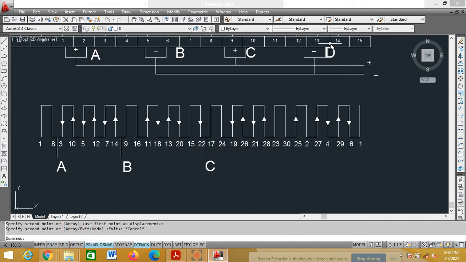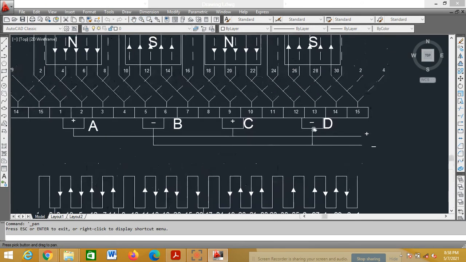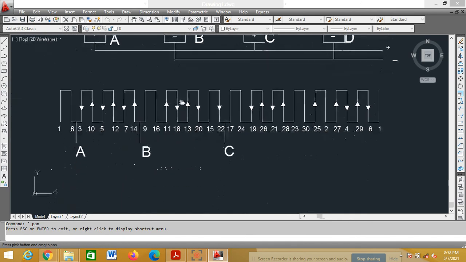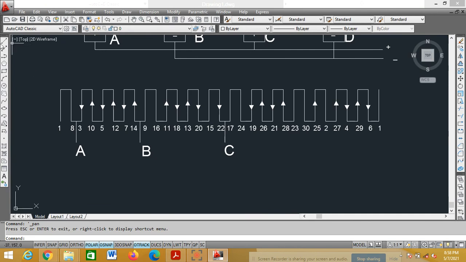That is C. Then D. D is for 25 connected to 13. This is D. Okay, so this is the sequence diagram.